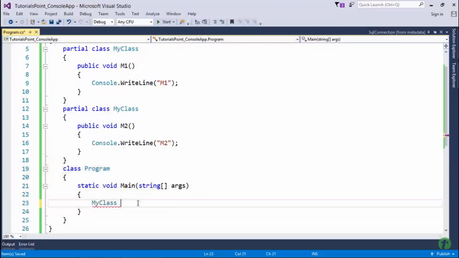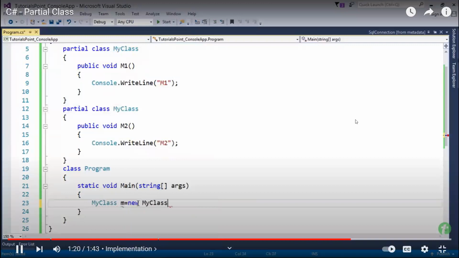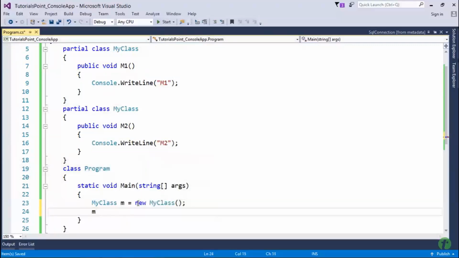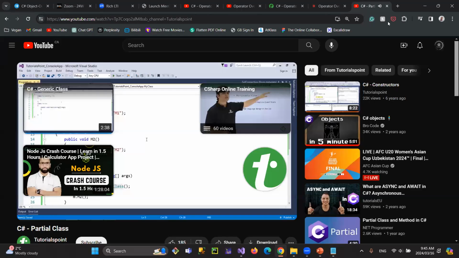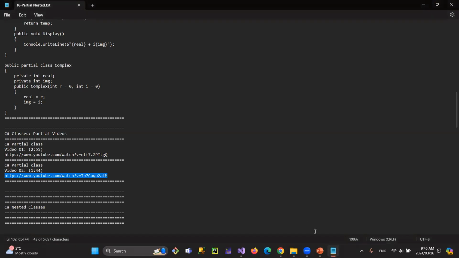So here inside this main method, I'm instantiating my class. And when I say m dot, you will find m1, m2 both inside this. That simply means even though you have given a different body for these classes, the instance is combined. So just to separate. Okay, so after this,